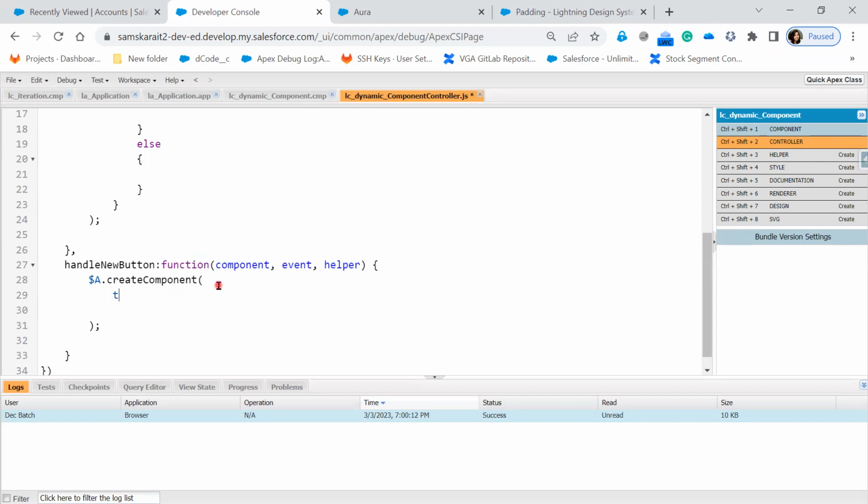So $A.createComponent. We have three attributes: type, attributes, and function. In the function, I can take any name. So let's take newButton, comma, status, comma, errorMessage. And within this,